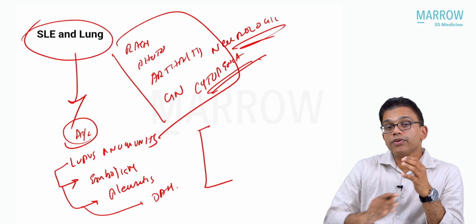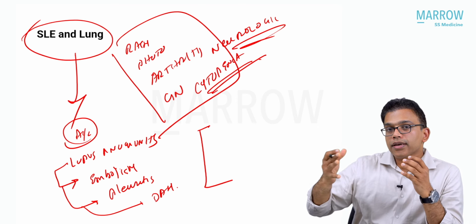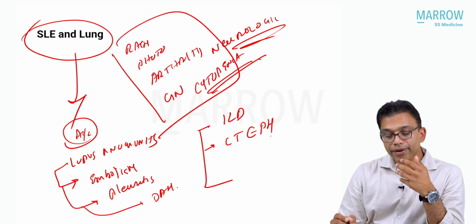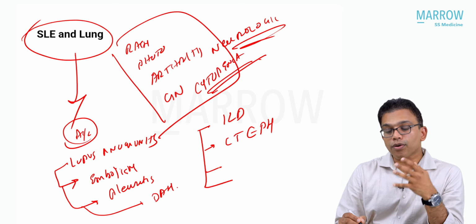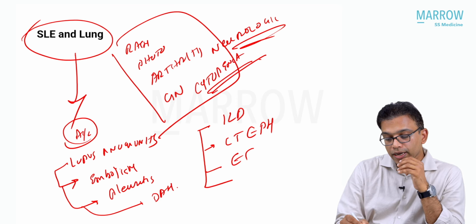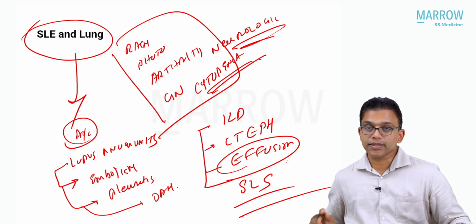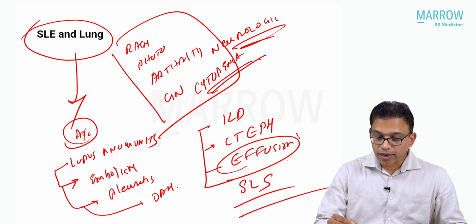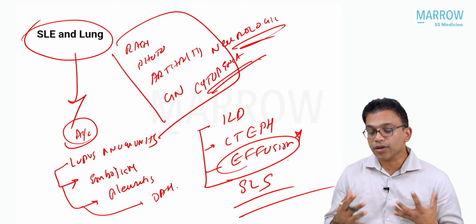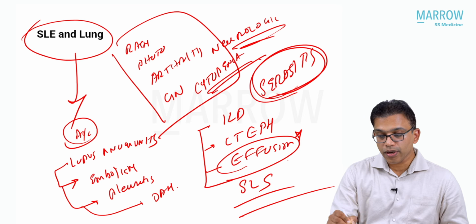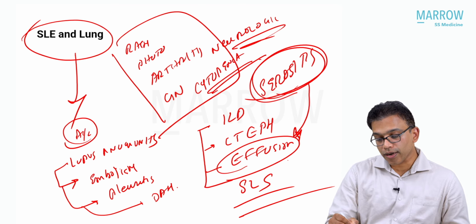There are some other conditions which can have an insidious onset or a subacute to chronic course. For example, interstitial lung disease. Thromboembolism can persist for a long time, resulting in pulmonary artery hypertension or chronic thromboembolic pulmonary hypertension. There can be pleural effusion, and there can be shrinking lung syndrome in SLE also. So pleural effusion is definitely a significant one among these, because it is a sign of serositis. So serositis is a diagnostic criterion for SLE also, and if there is serositis, there can be pleural involvement or